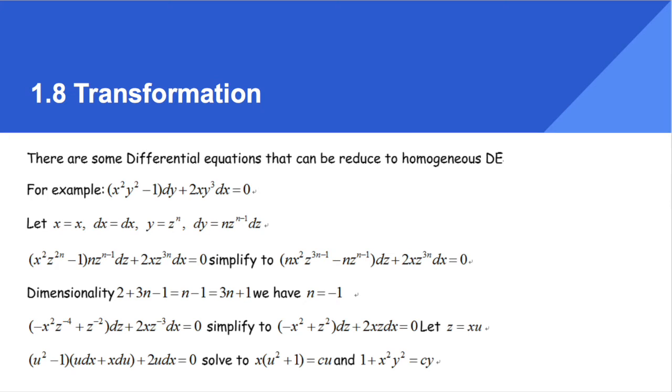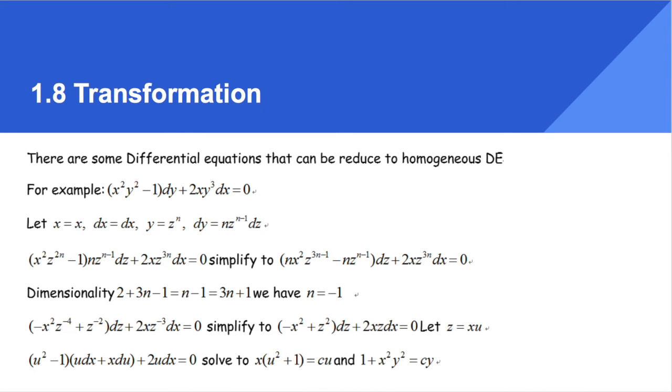Finally, this is the last technique for this chapter. There are some differential equations that can be reduced to homogeneous differential equations. For example, the differential equation shown above seems complicated. However, if we substitute y with z to the power of n, take the derivative of it, which is dy equals n times z to the power of n minus 1 dz, plug them back in the DE, simplify it,